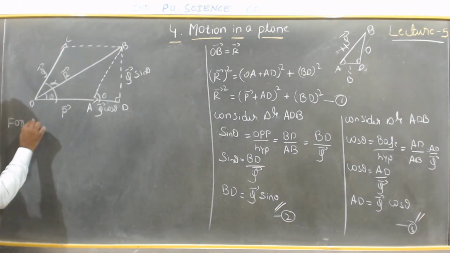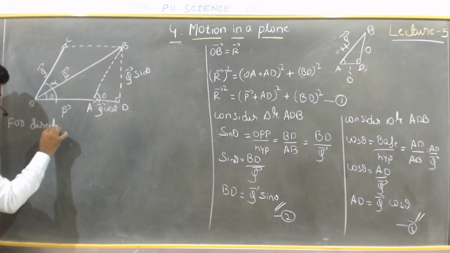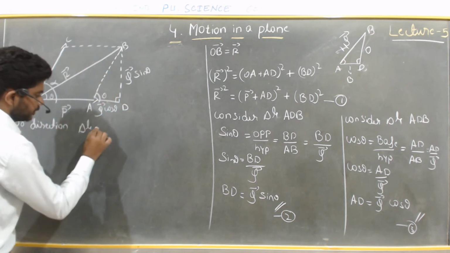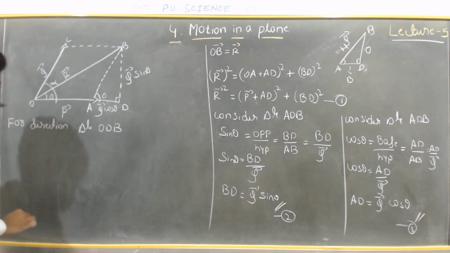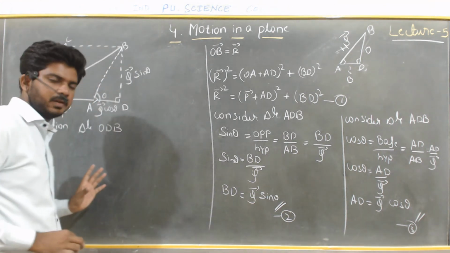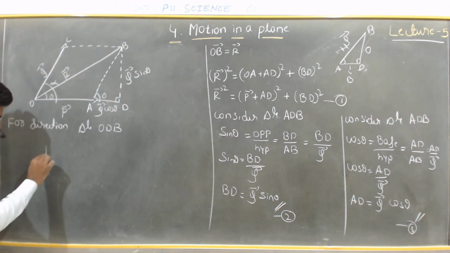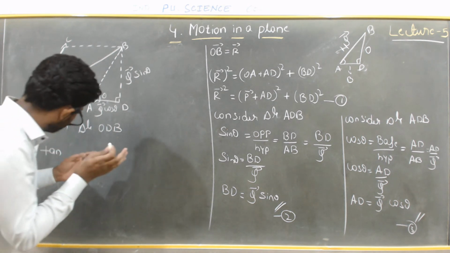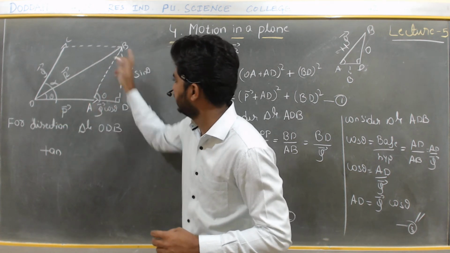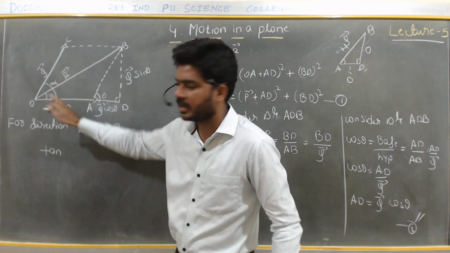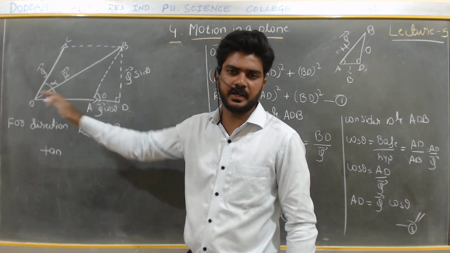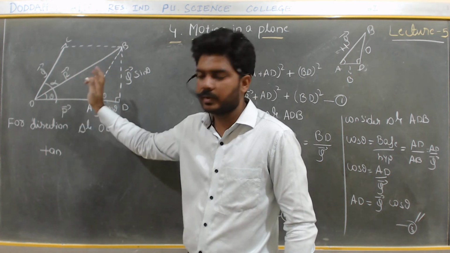So for direction, a triangle ODB. In the first two cases we have taken sine and cos function. So next for direction we will take the tan function. So tan, whether I have to write theta or alpha. See, theta is only this much, OAD. For ODB we are having the angle alpha. Again I am telling you, no need to take alpha only. You can take any letter, that is alpha, beta, gamma, anyone. But I have taken simply alpha.